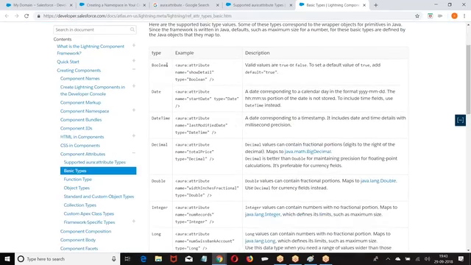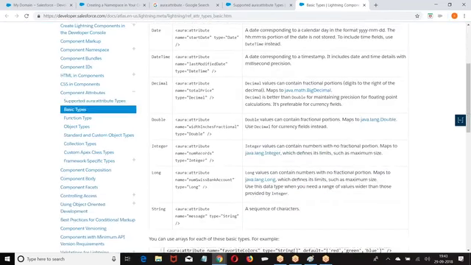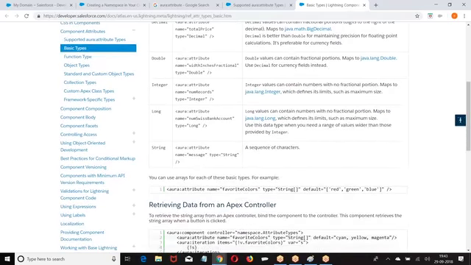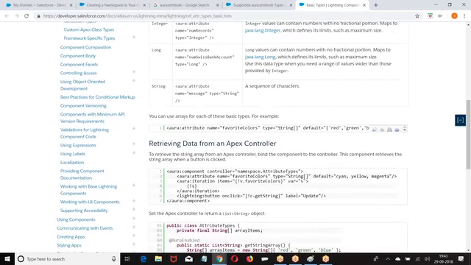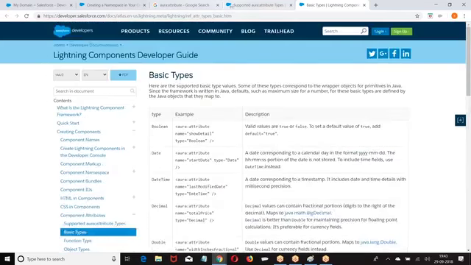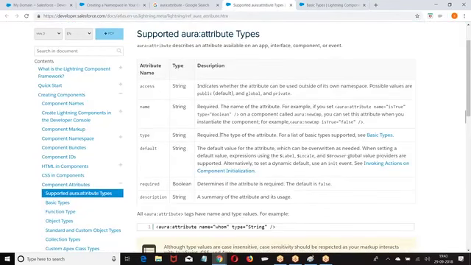So what are the primitives? Boolean, date time, decimal, double, integer, long, string. Along with this, we also have array of primitives, list of primitives, and objects. I hope you are getting it. So what is the type? This will specify what type of attribute.